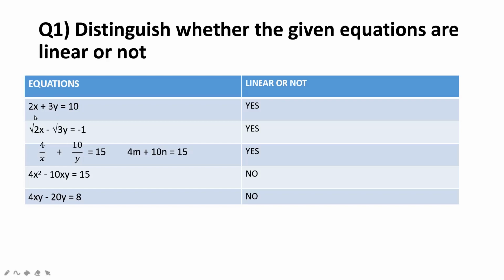Now looking at this root only, many people will say that this is not a linear equation because it is having a root in the coefficient place. But this is not the case. We will only check for the given two conditions that we saw in the previous slide. The two conditions were that the equation should have two variables. So we are having two variables, that is x and y, and the degree of the two variables should be 1. So yes, the degree of x and y is 1. So yes, this is a linear equation.